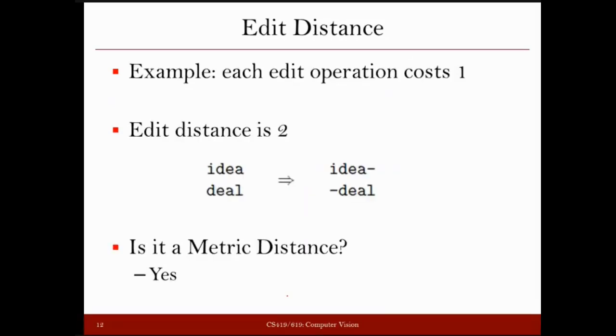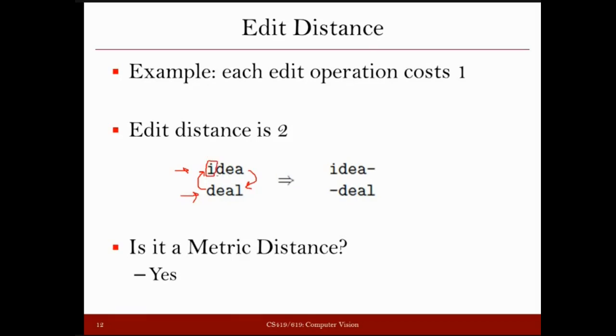So suppose you have one word, idea, and another word, deal, given to us, and we have to find out the distance between these two. So again, we have to find out how many operations we need to convert this to this, or this to this. Either way we can consider. Let's say we are converting idea to deal. From idea, you have to remove I, because in deal there is no I.